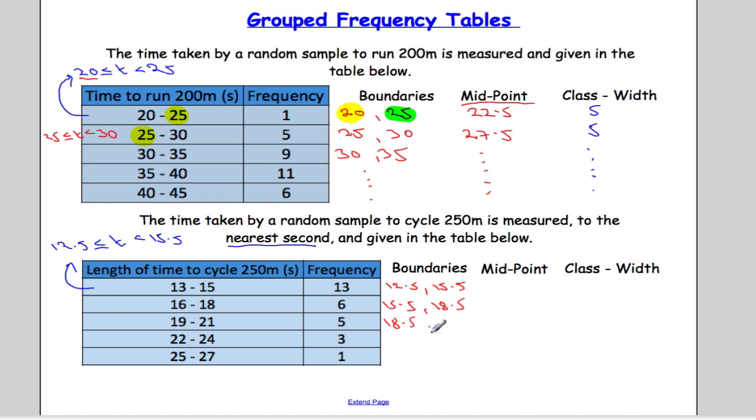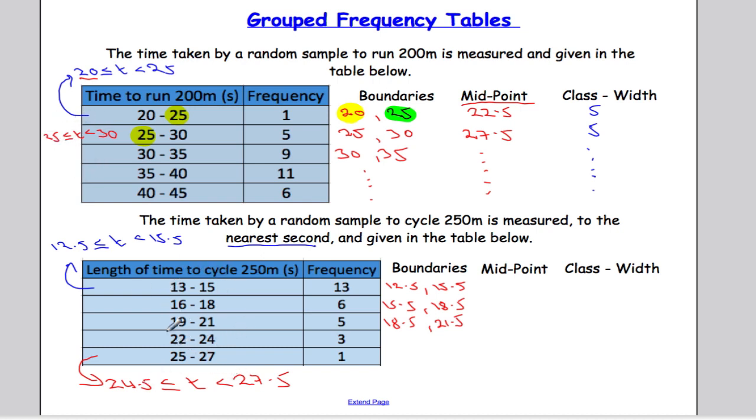18.5, 21.5, and so on and so forth. Let's, just in case you're not sure, do another one here. This could have been as low as 24.5, less than or equal to the time, but most certainly less than 27.5. So in GCSE you actually would have seen class intervals given like this or like this, but now we